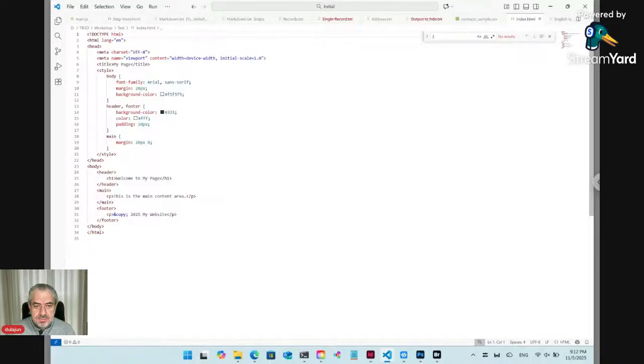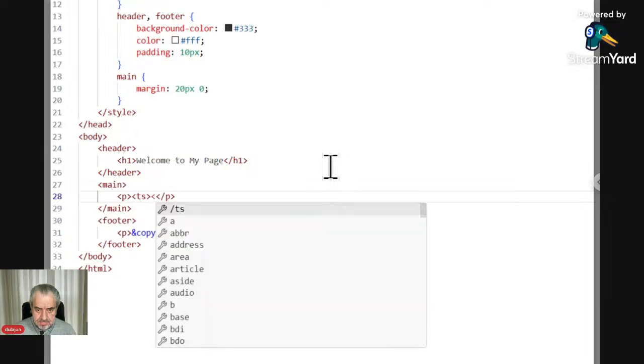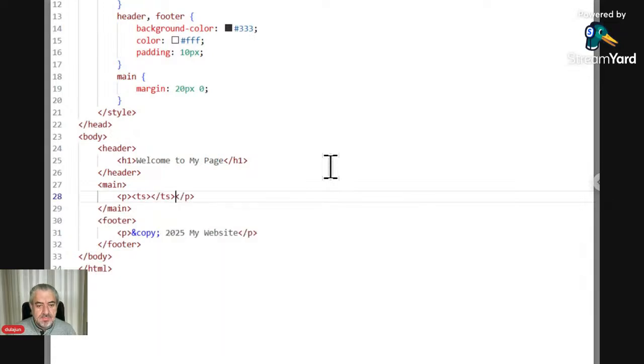And here in main, let's write TStack. Okay, inside it,